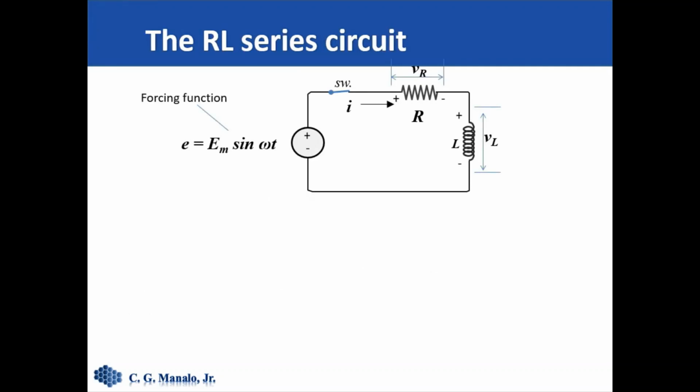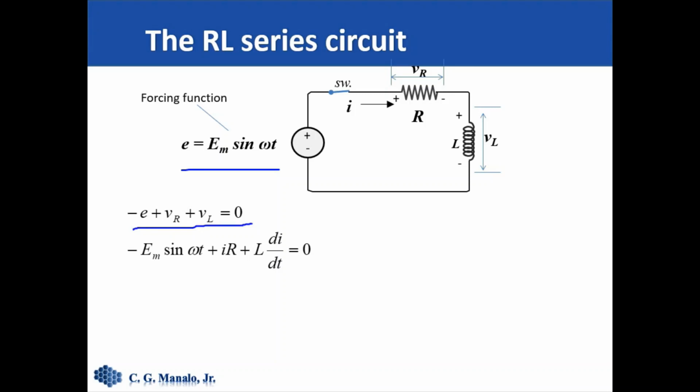Okay, now that we have defined what a natural response and forced response are, we can proceed to find the response of the circuit with the external energy applied and any initial conditions on the elements of the circuit. To solve for i here, we can apply Kirchhoff's voltage law. So we add all the voltages around the circuit. This will be the beginning equation,